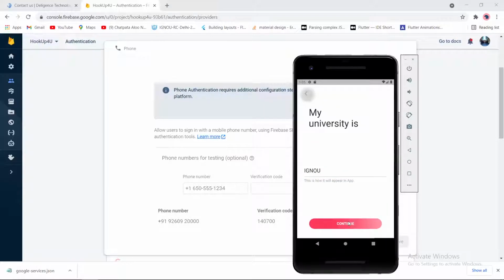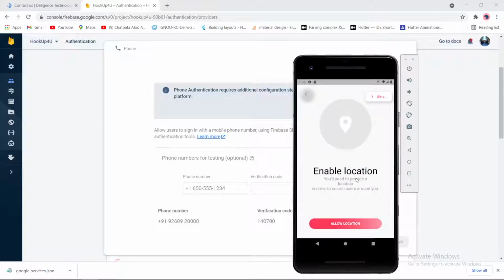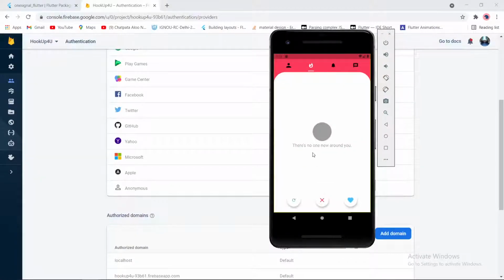I'm going with IGNOU, and then we can allow location here. For now, don't skip this. Do as I'm doing. If you skip it from here and there is some issue, I will show you how to use skip and then choose it manually. But right now, just continue. So we are into our app.